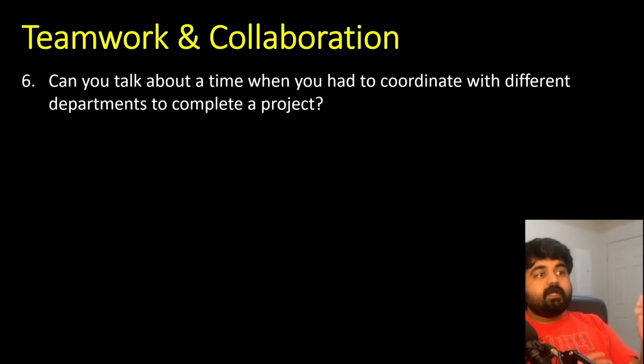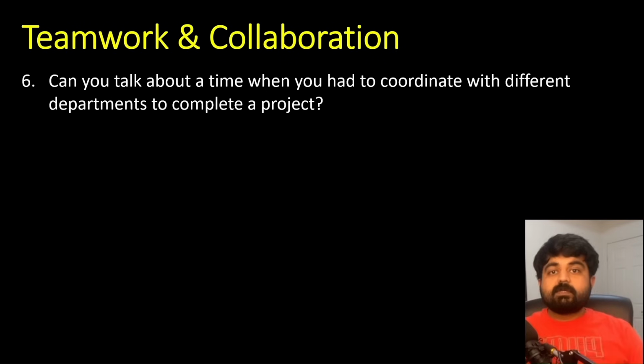So how did you keep the communication alive? What are your points of contact? How do you do some collaborative activities? How do you build trust between the different teams? If any problem arises, how do you deal with different teams? How do you note down everything? How do you keep track of things? How do you keep track of the timetable? What are going to be your responsibilities working cross-functionally with the team? If there are conflicting priorities, how are you going to keep track of that? So these are all the things that you can think of considering.